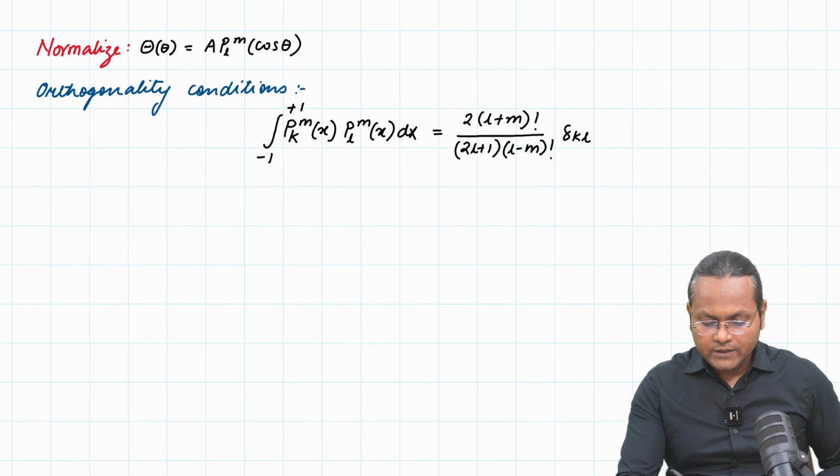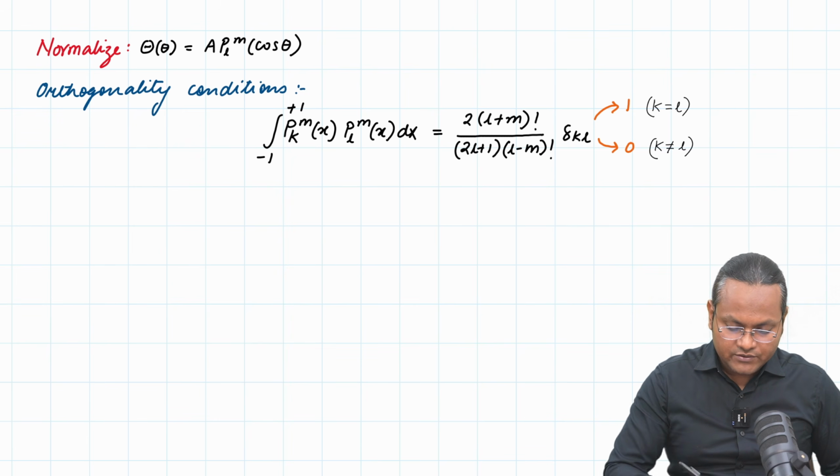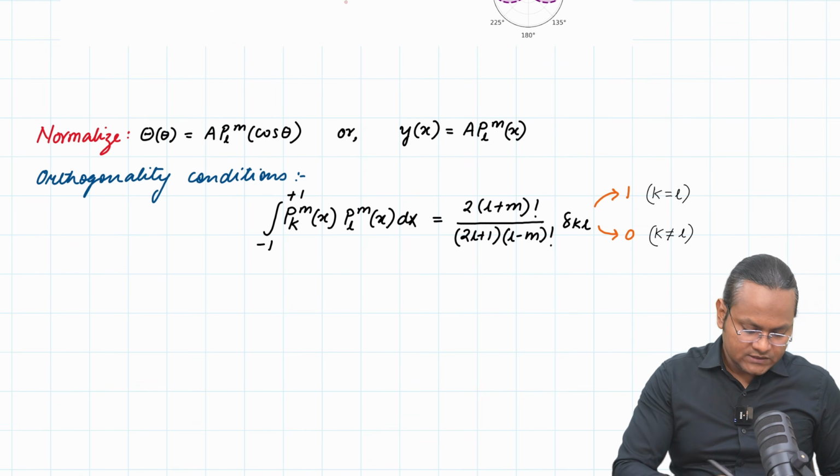Now, you know that the Kronecker delta will give you a value of 1 if k and l are equal, and it will give you a value of 0 if k is not equal to l. So for k equal to l, you will get 1, and for k not equal to l, you will get 0. So we are only interested in k equal to l. So if I normalize,